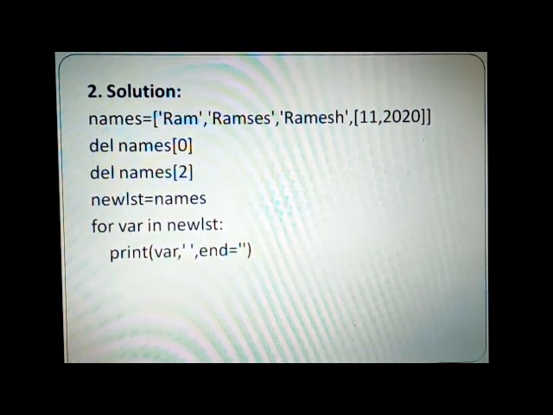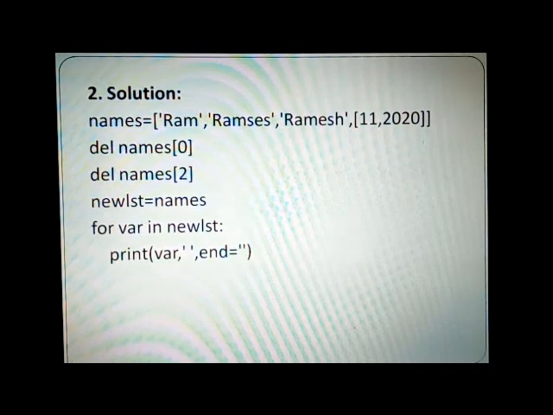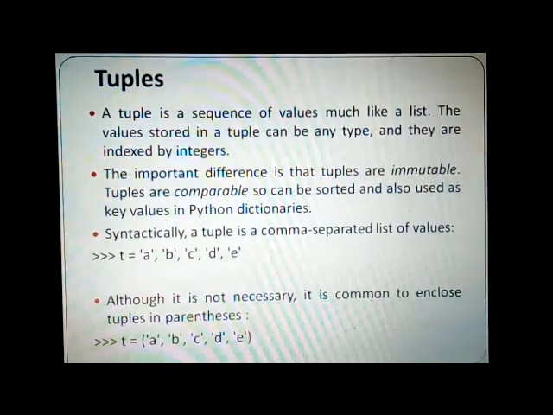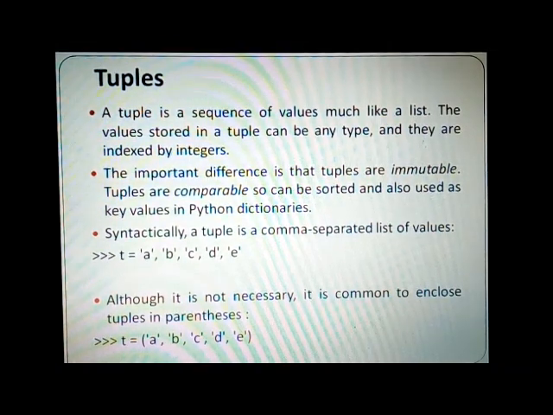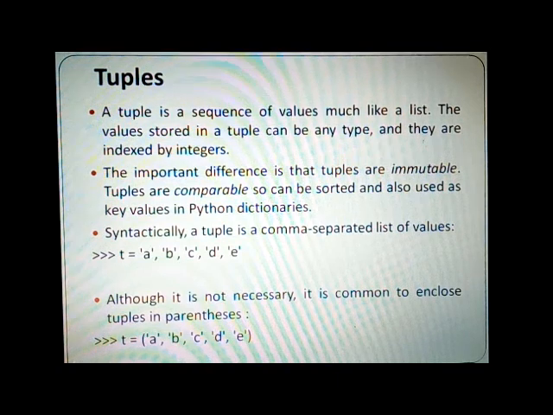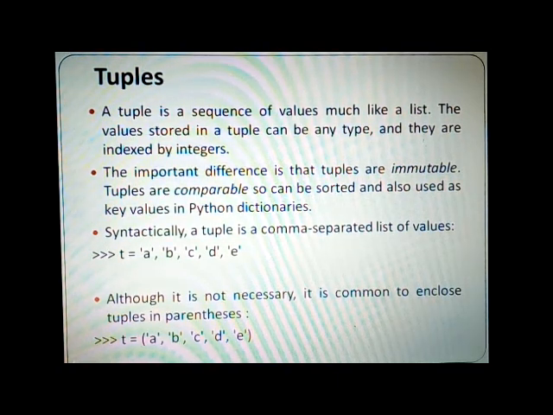I hope you must have practiced and understood this. Now today let us continue with the next concept, that is tuple or tuples. Now we already know what a list is. Very distinctly we know that a list allows us to store different types of items. So a tuple also has similar behavior, but it adds certain features which are different. It differentiates from the list, as we are going to see.